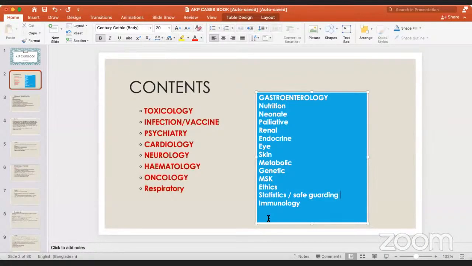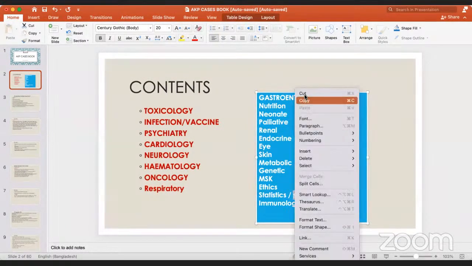Okay, Bismillahirrahmanirrahim. So these are the chapters you have to highlight in your AKP, right? Today we will discuss gastro, nutrition, neonate, palliative, renal, endocrine, eye, skin, metabolic, okay? And ethics, statistics